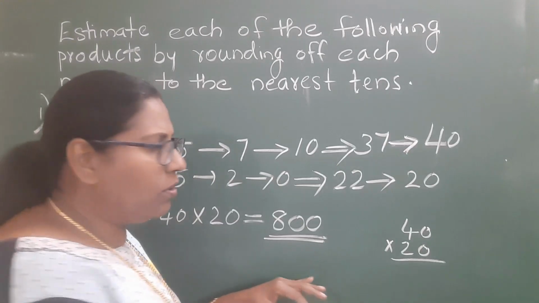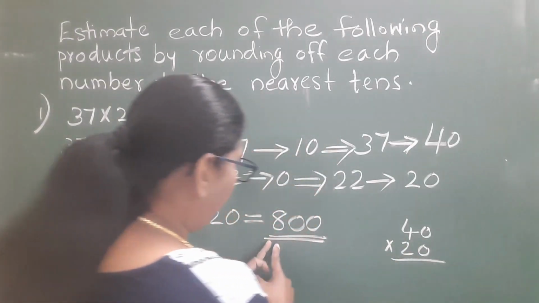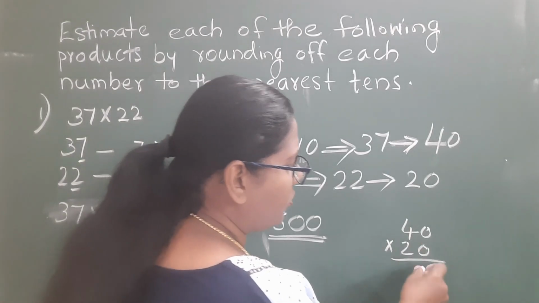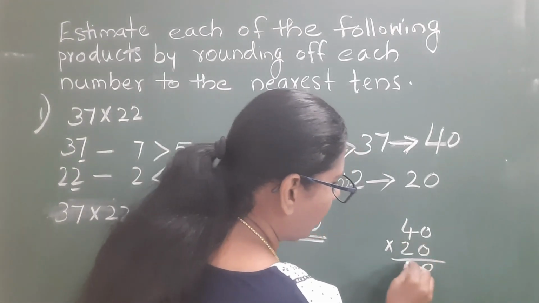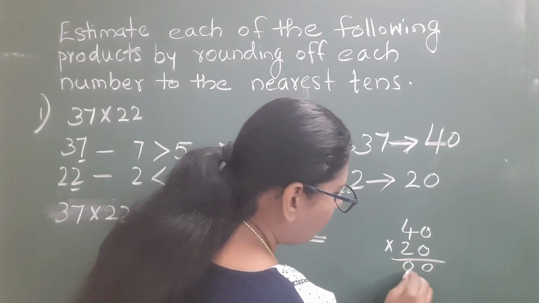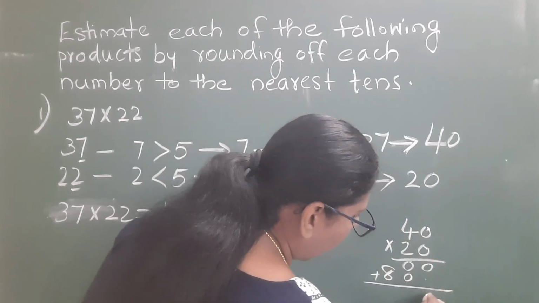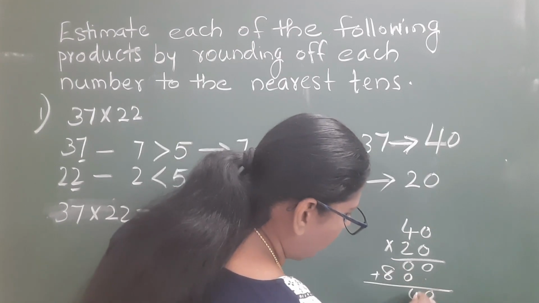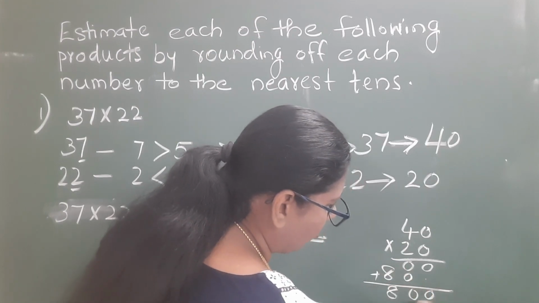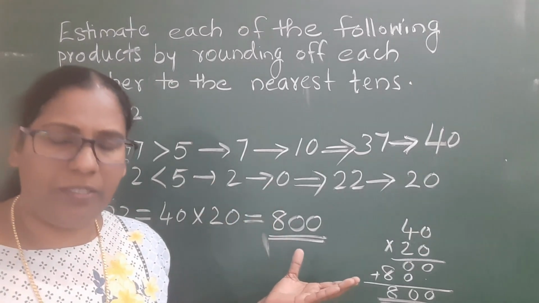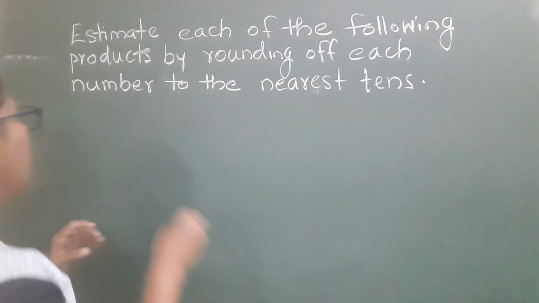If you have doubt whether it is correct or not, then you can do it this way also. 0 zeros are 0, 0 4s are 0, 2 zeros are 0, 2 4s are 8. 0 as it is, 0 plus 0 is equal to 0, then 8 as it is. So 800 here we got. So both the answers are correct. Now the next one is